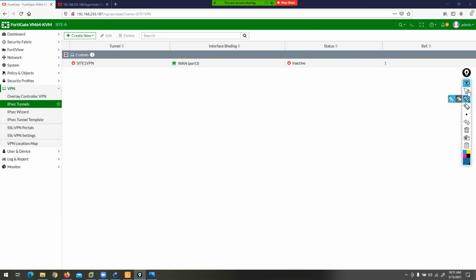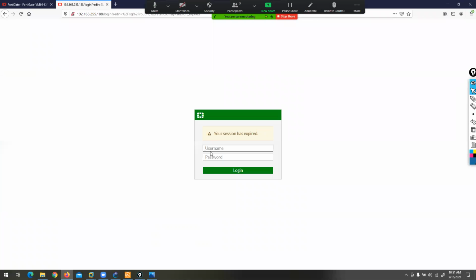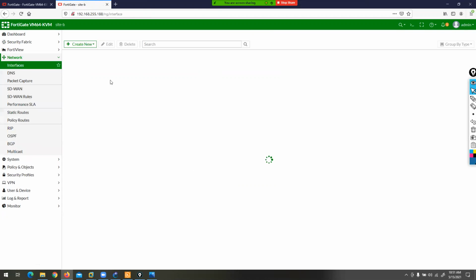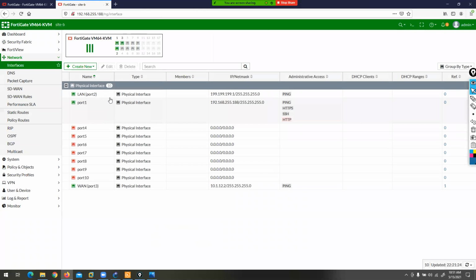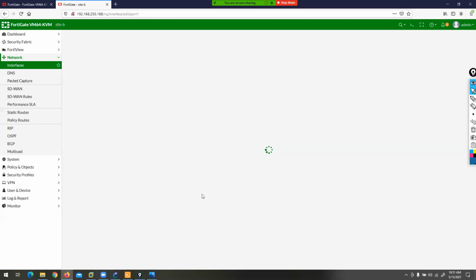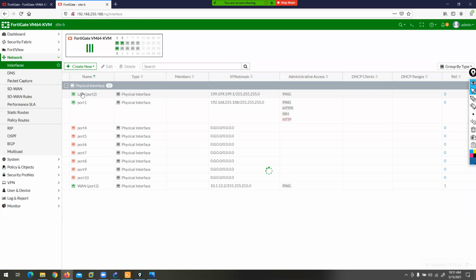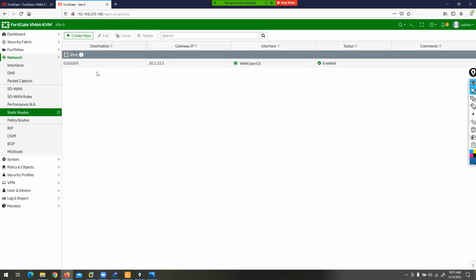Now, guys, you need to go to the other side, and I'm configuring the same options there. Username is admin, password is 123. I think we completed our interface configuration or not. Yes, let me first complete our interface configuration. I think we completed. Wait, no, it's a WAN interface. So LAN port, yes, and WAN port is done. Yes, routing, yes, we completed.